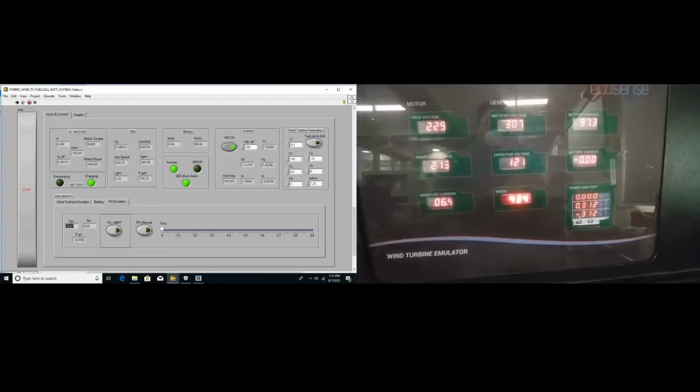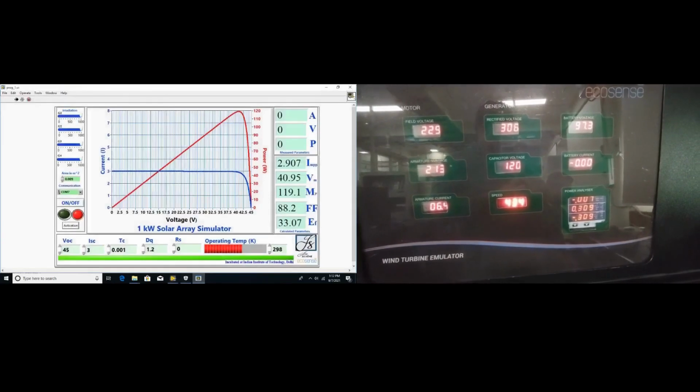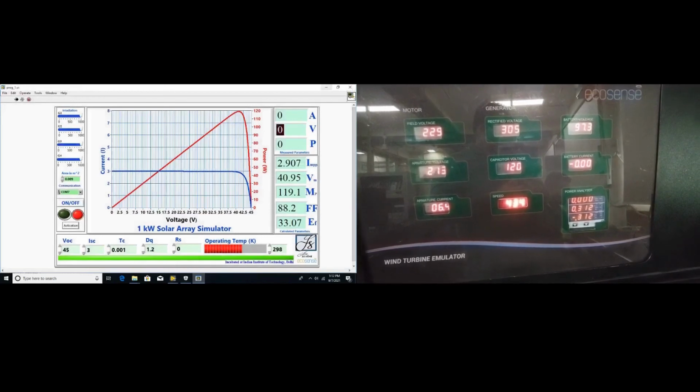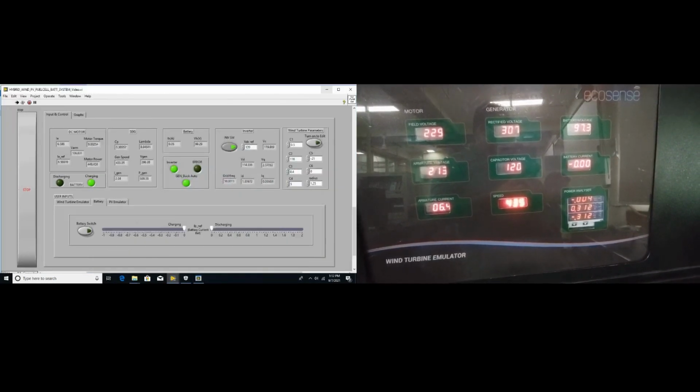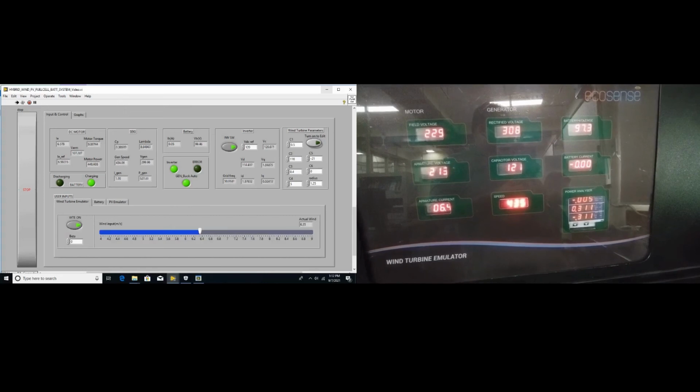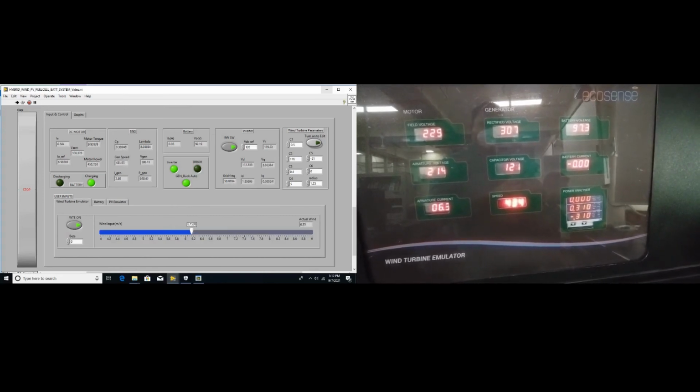We can switch off the PV emulator using PV emulator software also. So right now only wind turbine emulator is running and around 300 watts of power is going towards the grid.